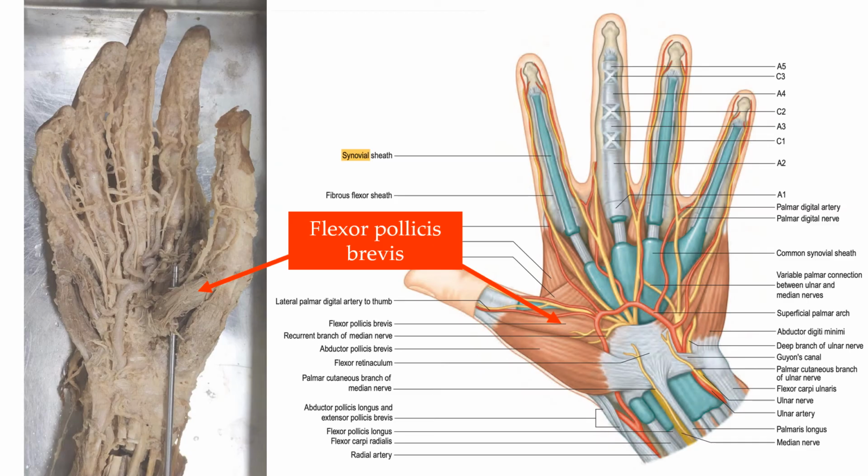This illustration is to show you how flexor pollicis brevis is placed in the hand. These are the thenar muscles, which you can see, out of which the medial muscle is flexor pollicis brevis, and this laterally placed muscle is the abductor pollicis brevis. You need to appreciate the relation of these two muscles. So we may say that the abductor pollicis brevis is placed lateral to the flexor pollicis brevis. Now let us see the illustration on the left side. This is a cadaveric sample. So this medially placed muscle is the flexor pollicis brevis.